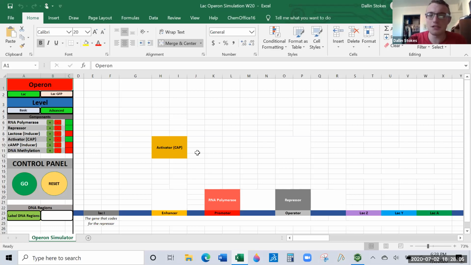The activator just floats up here not doing anything until it gets its key, which then forces it to bind to the enhancer, and that makes things speed up. So the key for the activator is another inducer, because remember all the keys are inducers. So the key for the activator is a little molecule called cAMP.